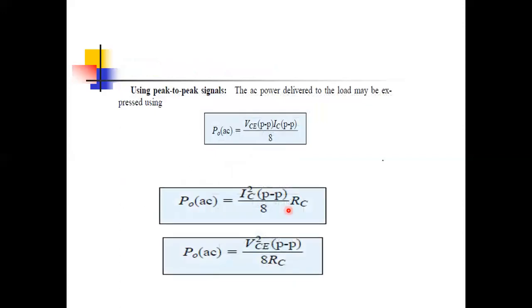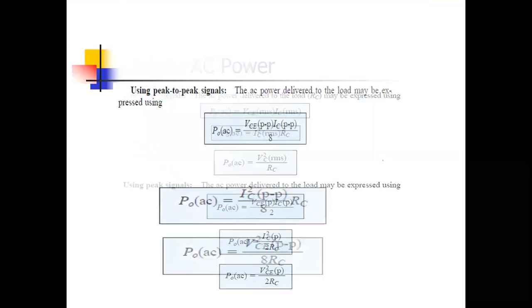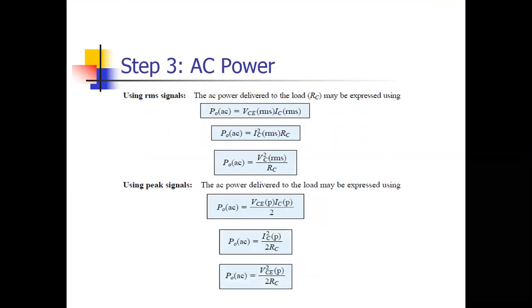Now if we want to write that formula for peak to peak. See, this is only RMS, this is only peak, but now talking about peak to peak. So again, voltage and current again divided by 2. Now if you remember, the last formula was V into I by 2, V into I by 2.